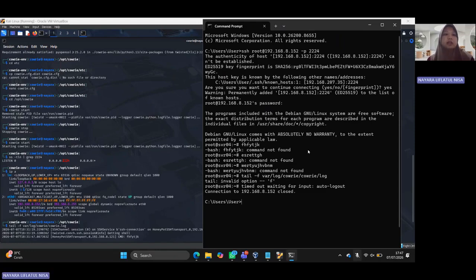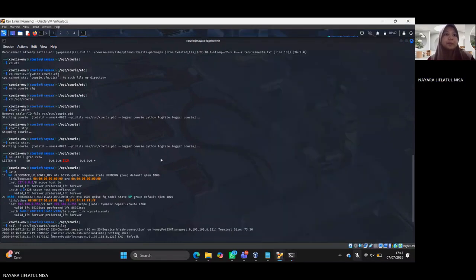Although the commands were invalid, Cowrie still recorded every activity performed during the session. After a period of inactivity, the connection was automatically closed. This demonstrates that the honeypot can capture and monitor attacker interaction without exposing the real system.